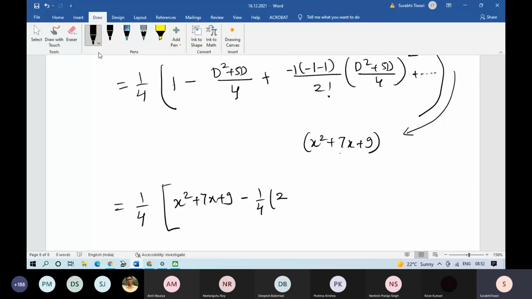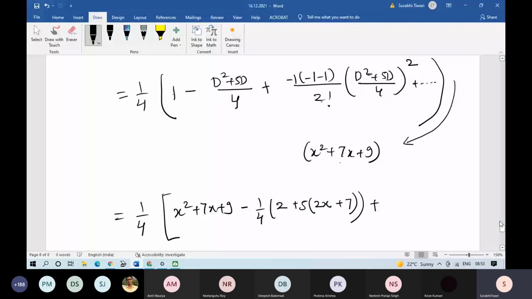ठीक, अब +5d को अप्लाई करो। सो 5d को किया तो हमें मिला 5 और अंदर बचा 2x + 7। ठीक है। ये तो कैंसिल हो गया, यहाँ से बना क्या -2 और ये हो गया 2 और 2/2 फैक्टोरियल हो गया 1। अब अंदर वाला टर्म देखो, अंदर वाले टर्म में प्लस ऊपर क्या बना हुआ है स्क्वायर। सो स्क्वायर करोगे